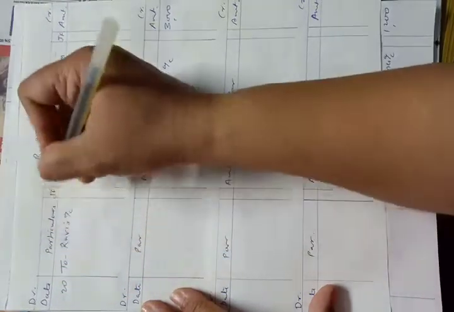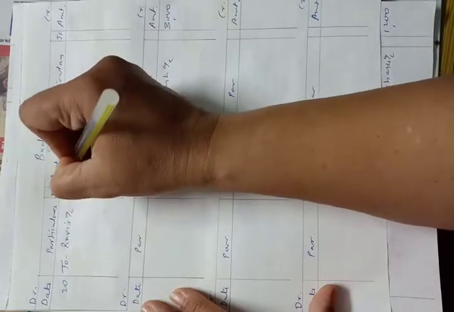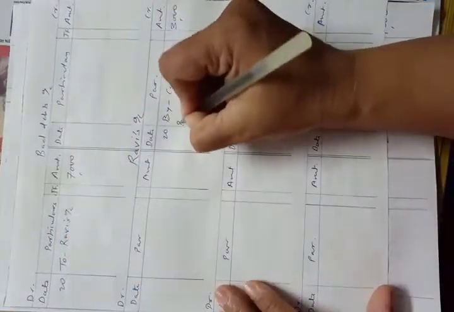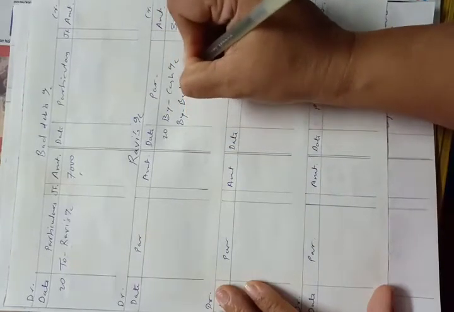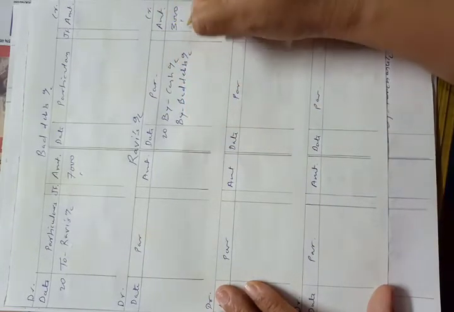3,000. Okay. Now bad debts account debit to Ravi's account. Debit side of bad debts account to Ravi's account 7,000, which means the money that is lost. Second posting, debit side of bad debts account to Ravi's account means credit side of Ravi's account by bad debts account. Amount is 7,000. Okay. In this way we have posted all the entries into the ledger, and now for this problem